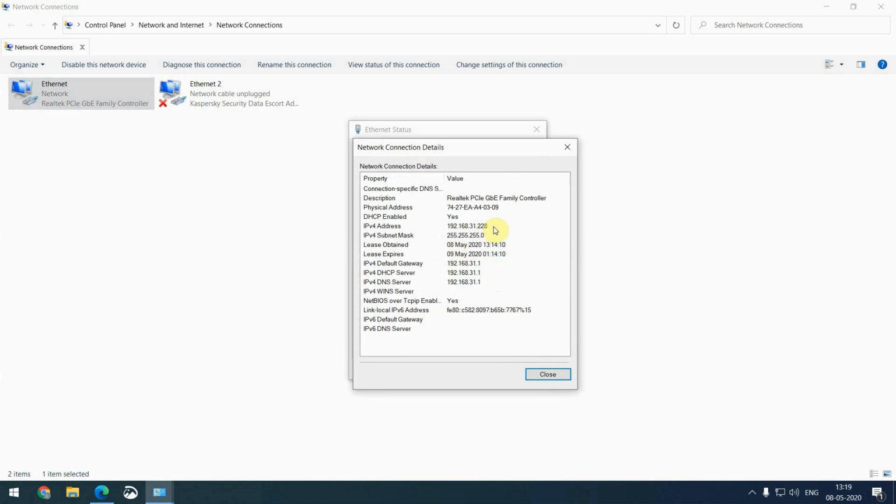So here our system IP is 192.168.31.228 and the default gateway IP is 192.168.31.1. So the IP of the default gateway will be the IP address of our router.